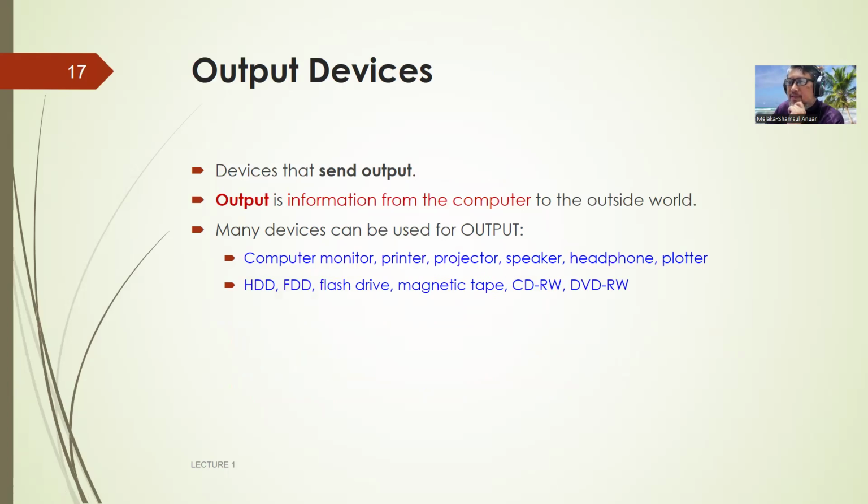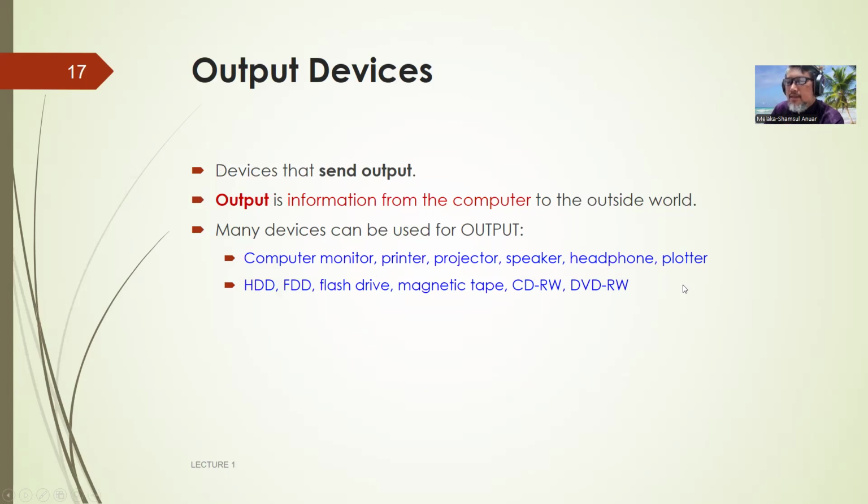ROM stands for read-only memory. So usually for the information in the CD, the computer can only read, but there are some that can read and also write. You can write, delete and write again, keep on renewing, like you use your USB drive. Then we have output devices, which include computer monitors, printers, projectors, speakers, headphones like I'm using here, plotters,